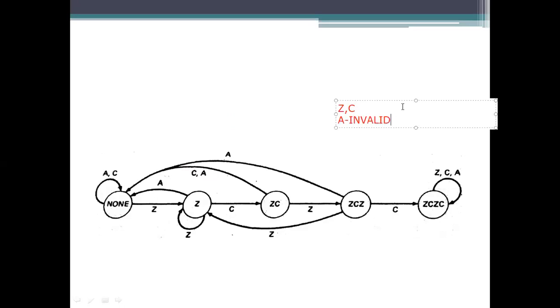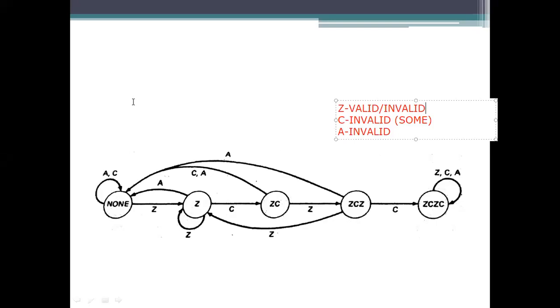But sometimes this C is considered invalid in some cases. Coming to the Z, Z is considered a correct input here. Whether it is valid or invalid, it will reach some state other than the none state, meaning the initial state. Valid or invalid, it reaches one state, that is the Z state or the none state here.